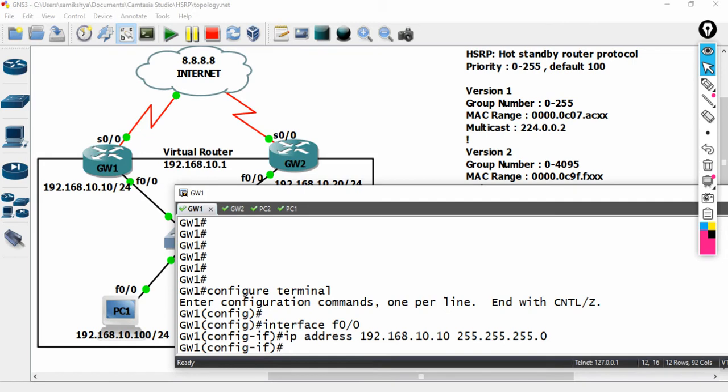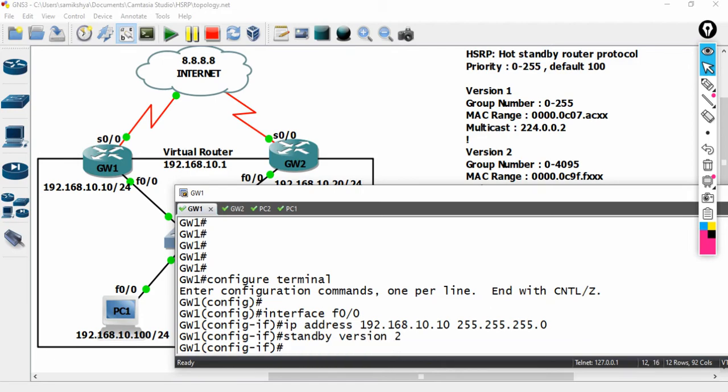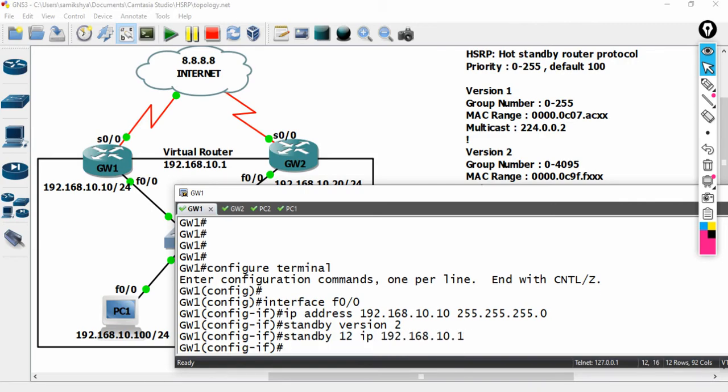First of all, let me choose the version. And now let me provide the virtual router address. 12 is the group number, and the IP address is 192.168.10.1.